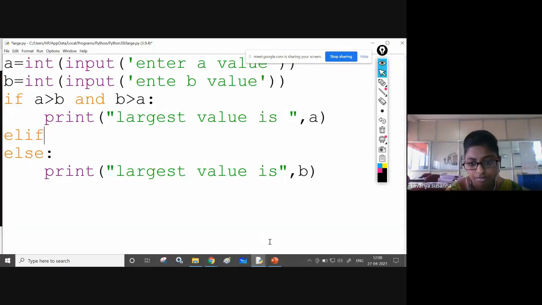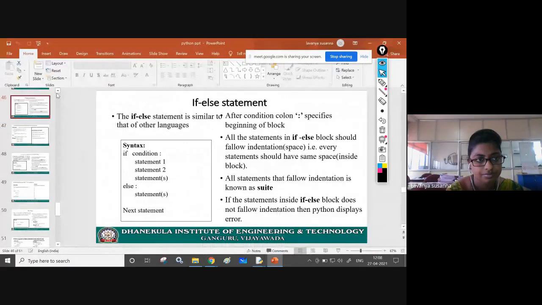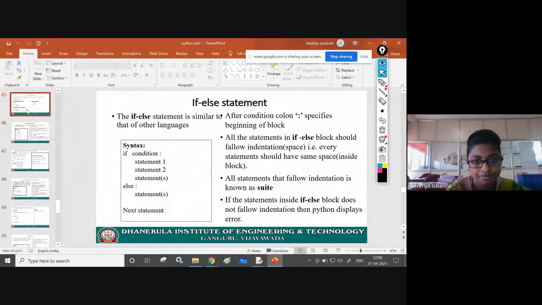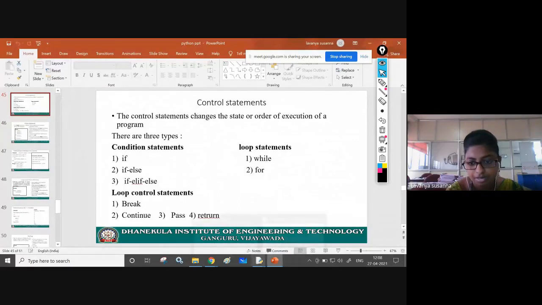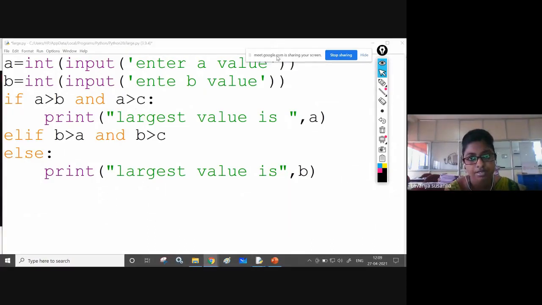Elif, else. Okay. Elif condition. What is the condition? A greater than B and A greater than C. Now B greater than A and B greater than C. See, here this program is finding the largest of three numbers.